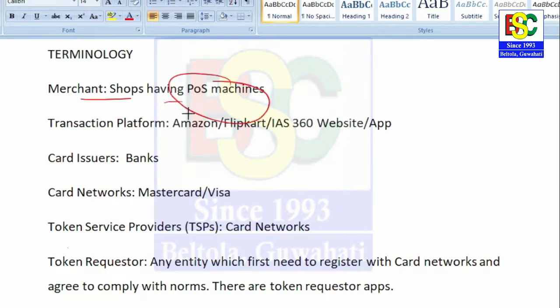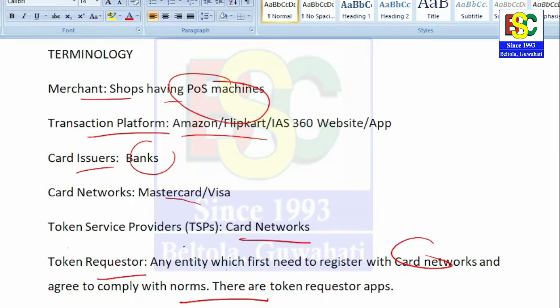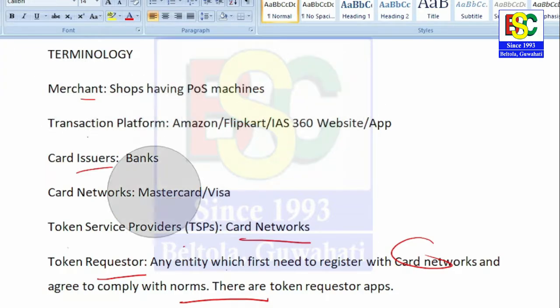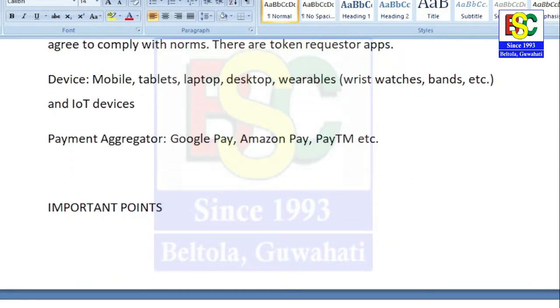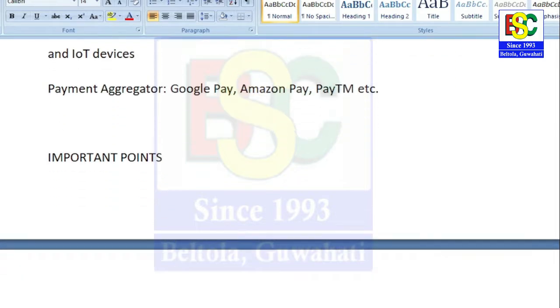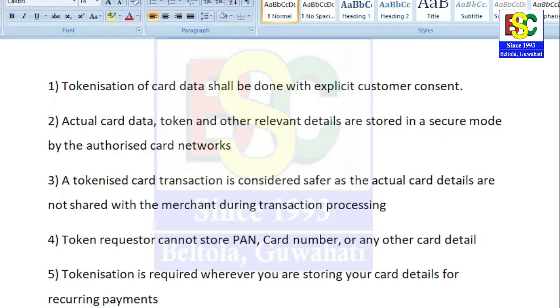Okay, so let's look at the various definitions. Merchants means shops having POS machines, okay, or the debit card machines which you see. Transaction platform means Amazon, all those things. And card issuer, obviously banks issue MasterCard or Visa. Okay, whether it be classic or any other kind of MasterCard. Next, token service providers are the card networks. Token requesters are those where card networks need to be registered, okay, to a device, whether you use mobile, laptops, etc. Okay. So basically this is about the payment technology which is to be used. Okay. And for repetitive payment you can save the cards. Okay. Here only one thing you must remember, who is the payment aggregator. Payment aggregator is Google Pay, Amazon Pay and Paytm. Okay,